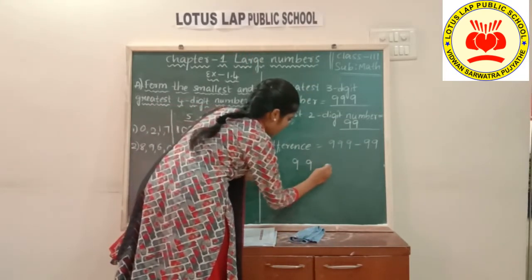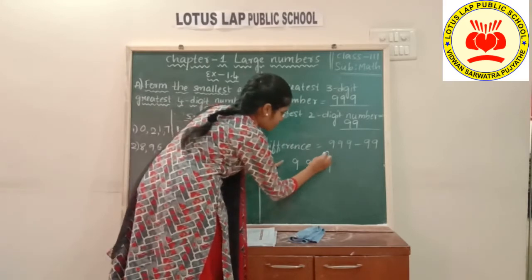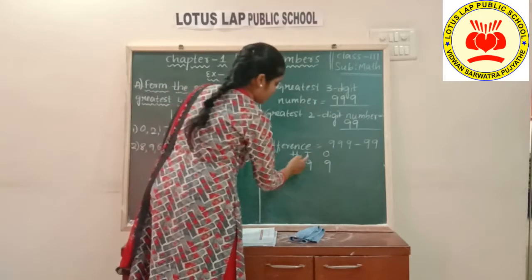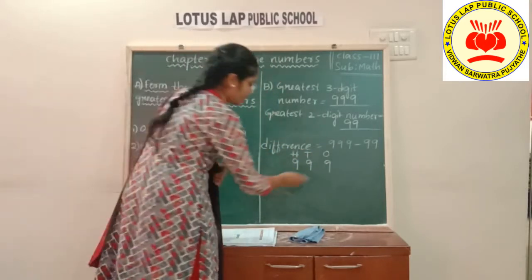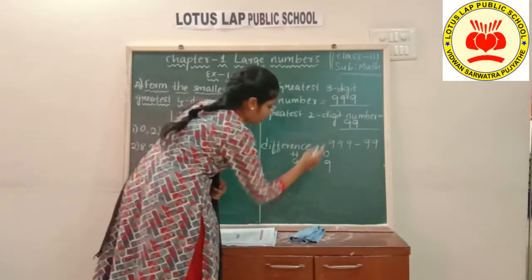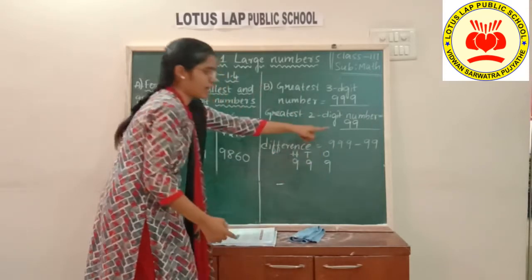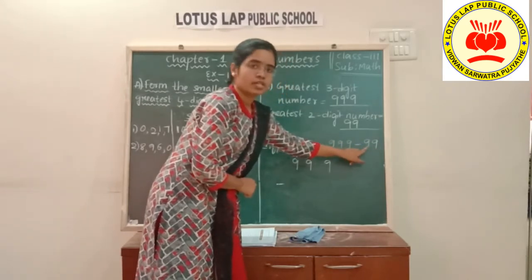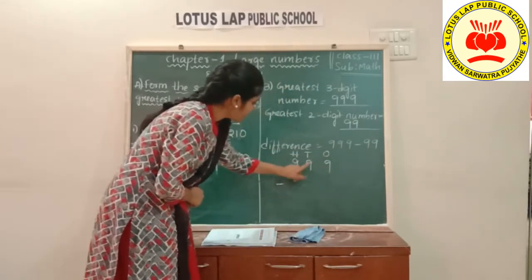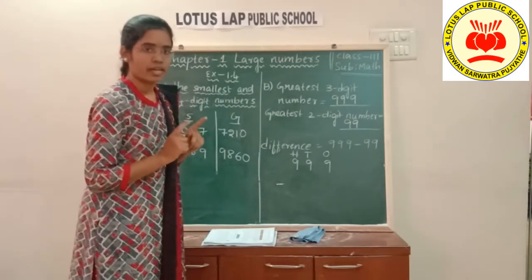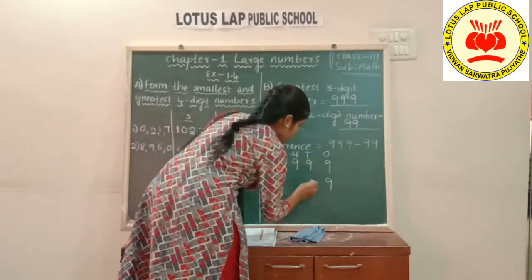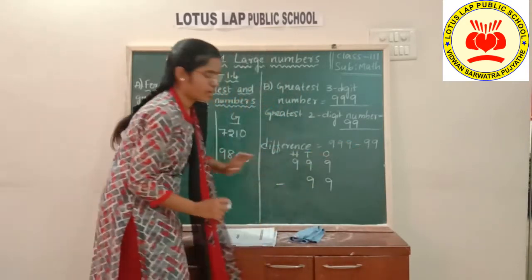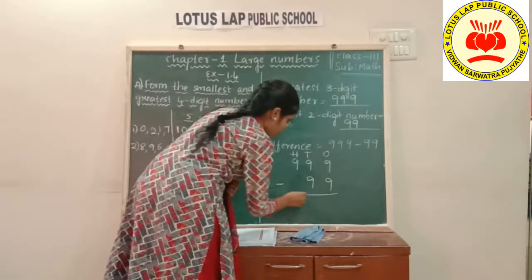Yes, 999. So 1's place, 10's place, 100's place. Whenever you do addition or subtraction, definitely you need to write the place values above the numbers. Okay, children. Now minus. From where do we need to write the 99, children? See, 99. 1's place, 10's place. So only under the 1's place and 10's place we need to write, children. Here no digit is there, so we cannot write anything here. Okay? Yes. Now do subtraction.